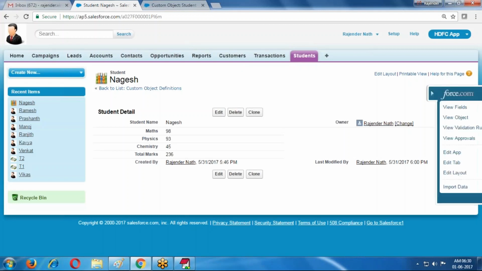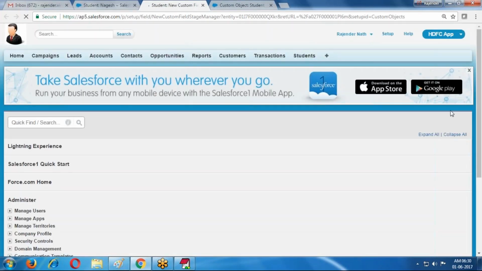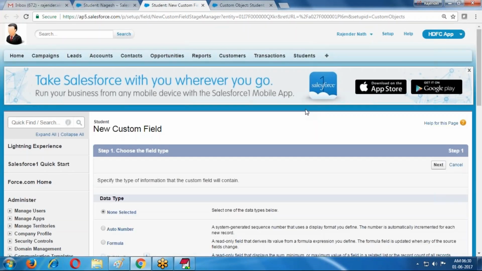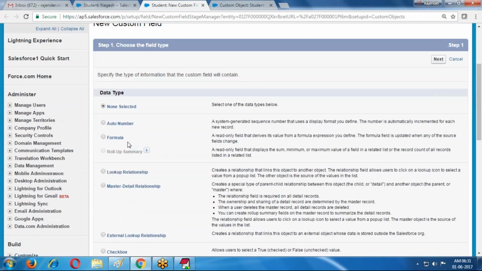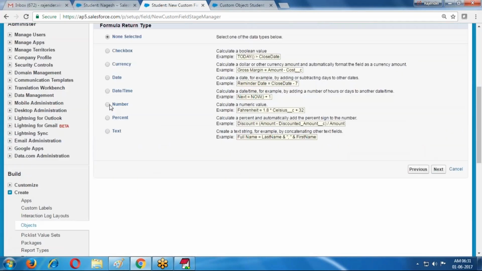Now I am creating one more field. Percentage. For this percentage, select the percentage symbol, 2 decimal places.